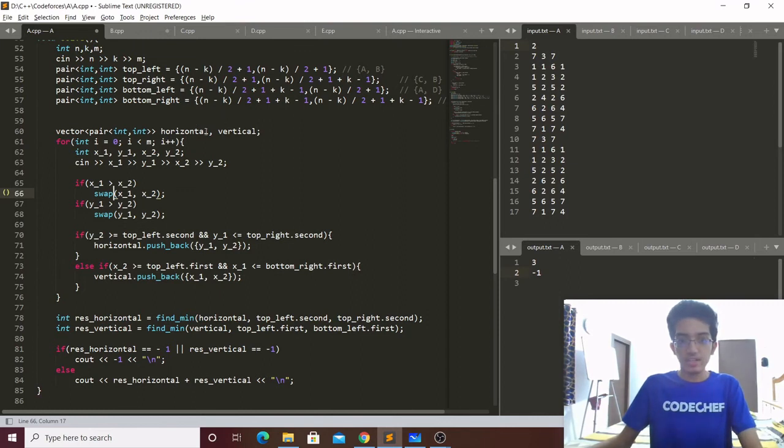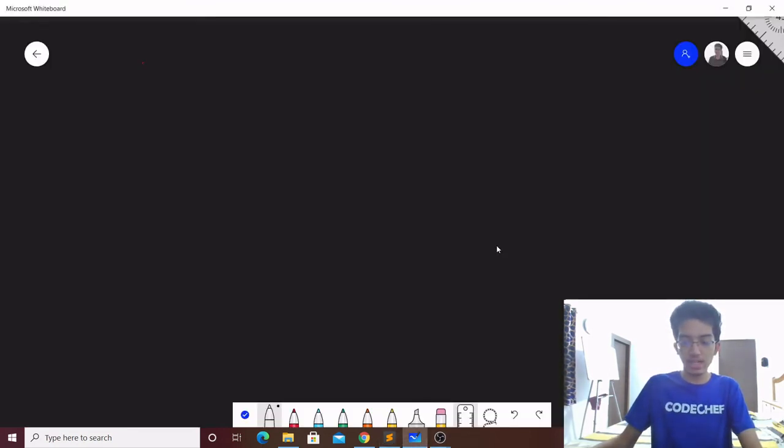We have to take input of m snakes. Here x1, y1 and x2, y2 are the coordinates of the snake. This is just a simplification. Basically what I am saying is